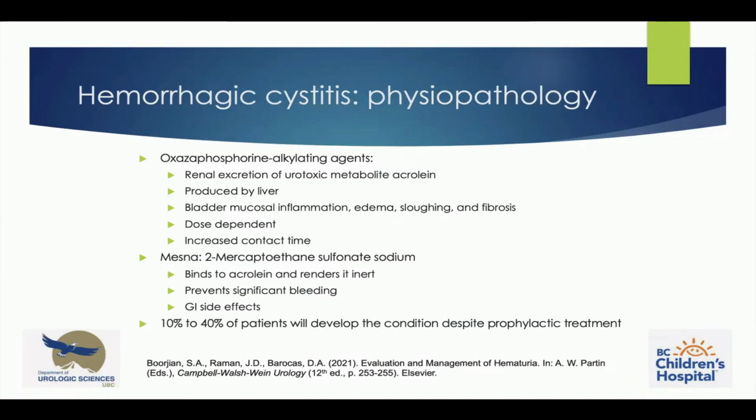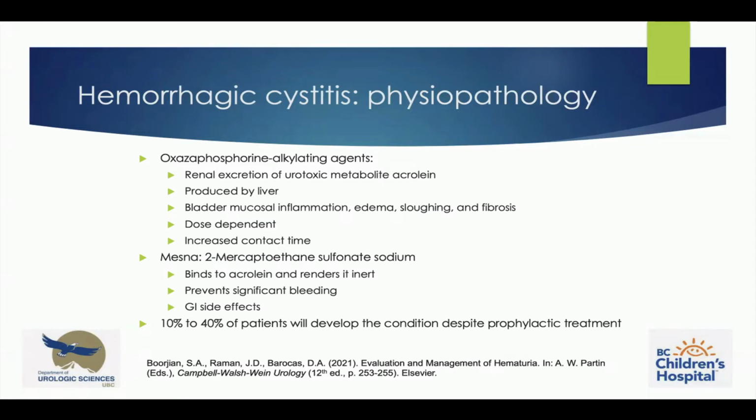So something important to understand is that hemorrhagic cystitis is caused mostly in alkylating agents by the urotoxic metabolite called acrolein. This is produced by the liver and causes mucosal inflammation, edema, sloughing, and fibrosis. It is dose dependent. And the big problem here is that since the bladder is a reservoir, the acrolein stays in the bladder until the patient pees. So there really is that increased contact time that